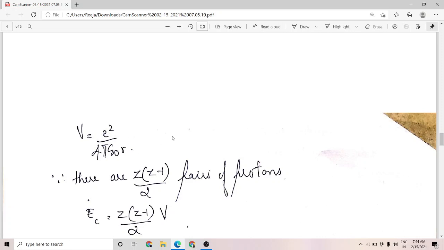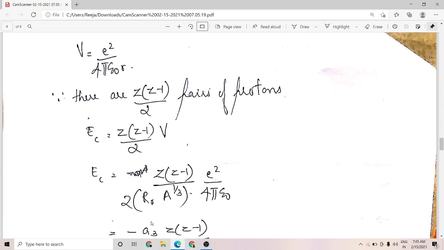Now, if Z is the total number of protons in the nucleus, then how many pairs of protons will there be? There will be Z(Z−1)/2. We know that N(N−1)/2 is the number of pairs possible if there are N particles. Similarly, if there are Z protons, then the number of pairs possible is Z(Z−1)/2. So the total Coulomb energy is Z(Z−1)/2 into V,